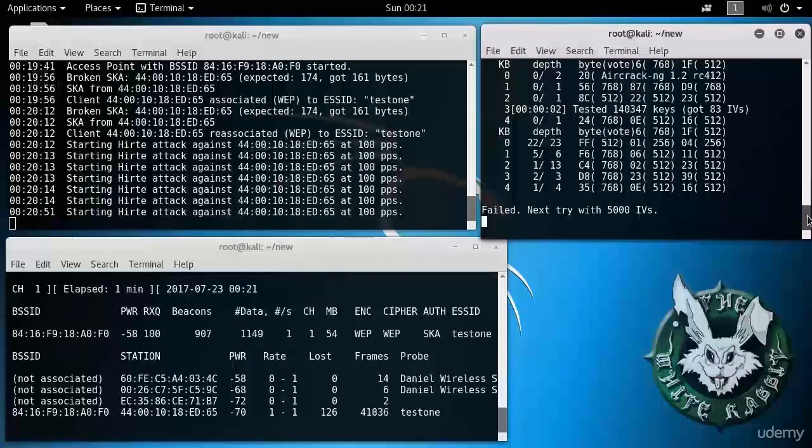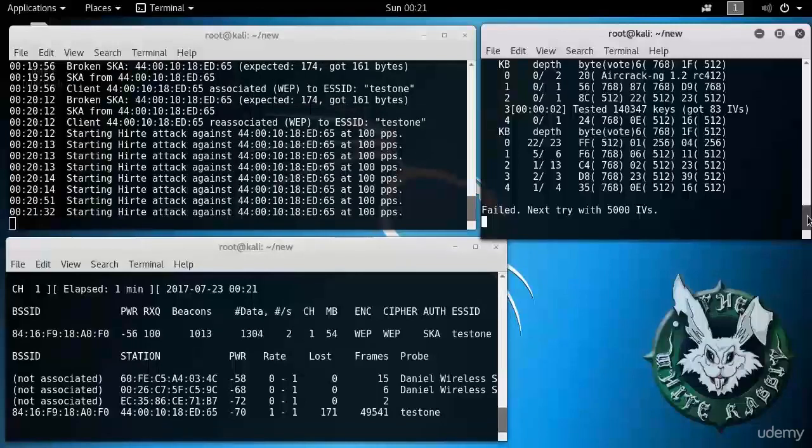It's a bit slow compared with our cafe latte attack. That's why cafe latte is also supported, because depending on the hardware you have, sometimes you see things like that. It could be quite slow. If things work out well, then you might find that this CFrag or hirte attack works faster, but well,